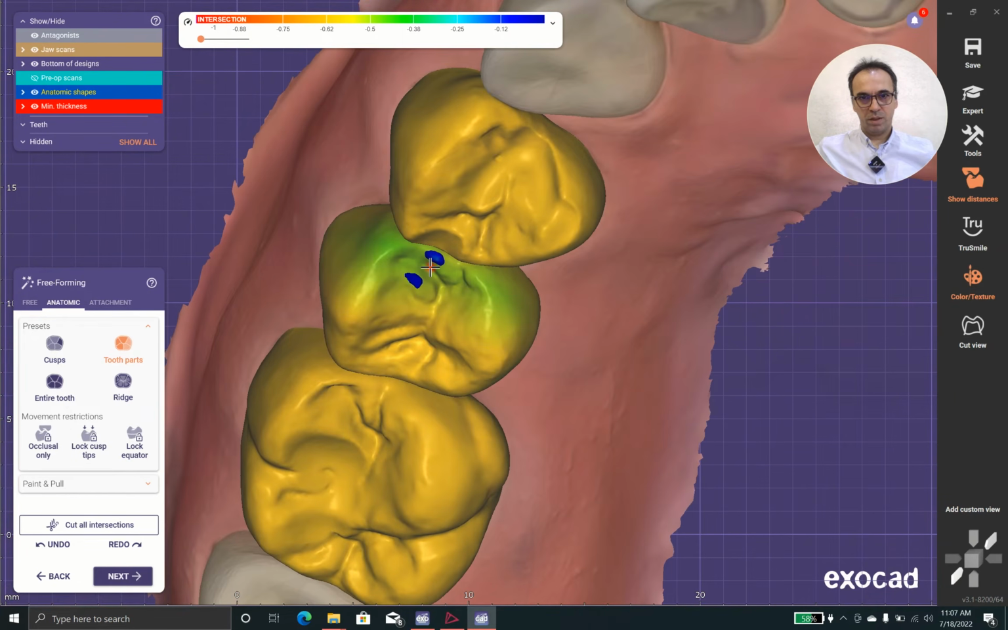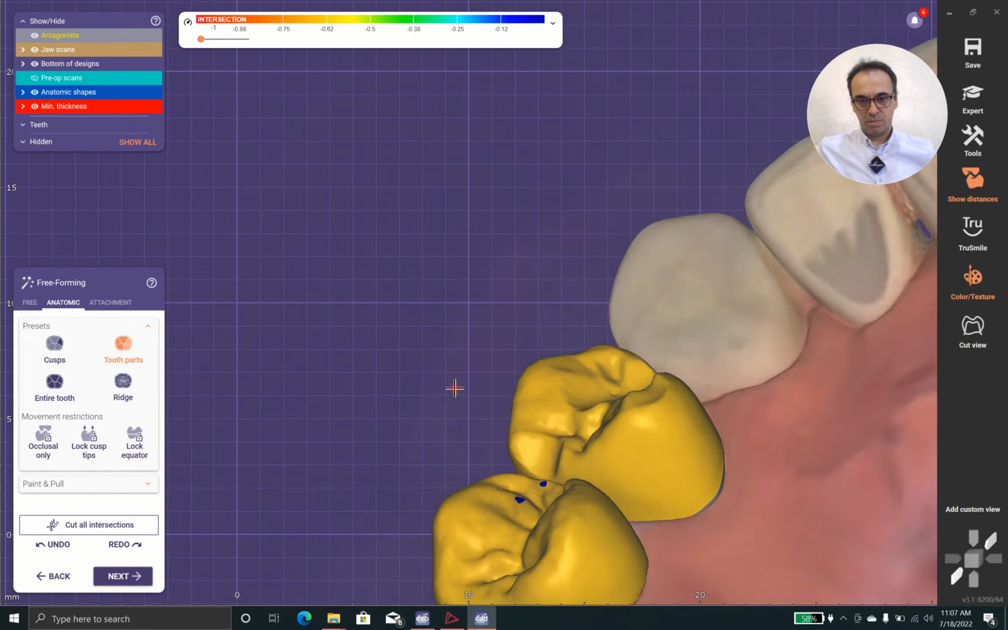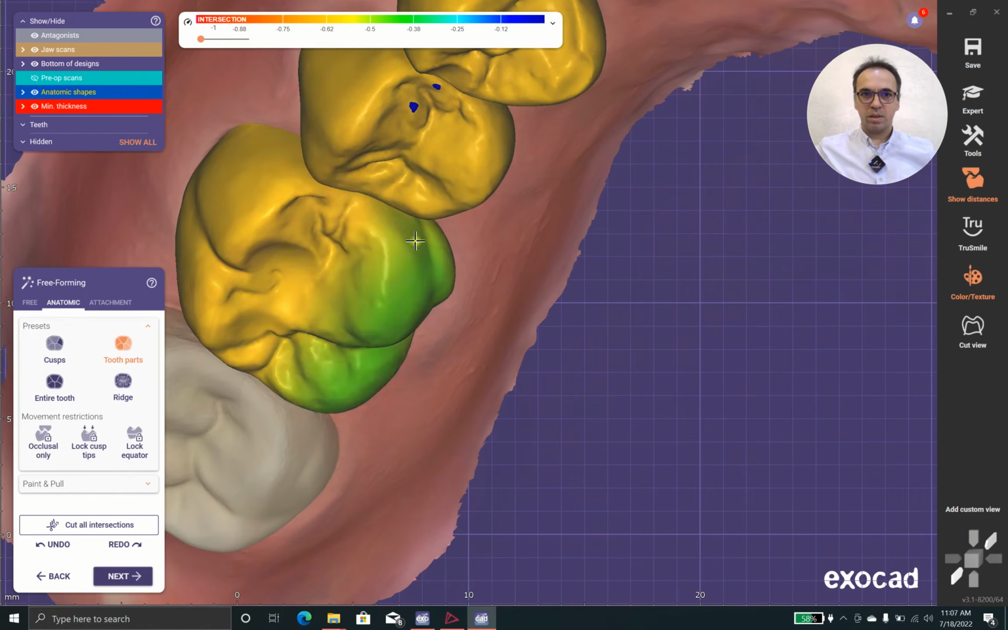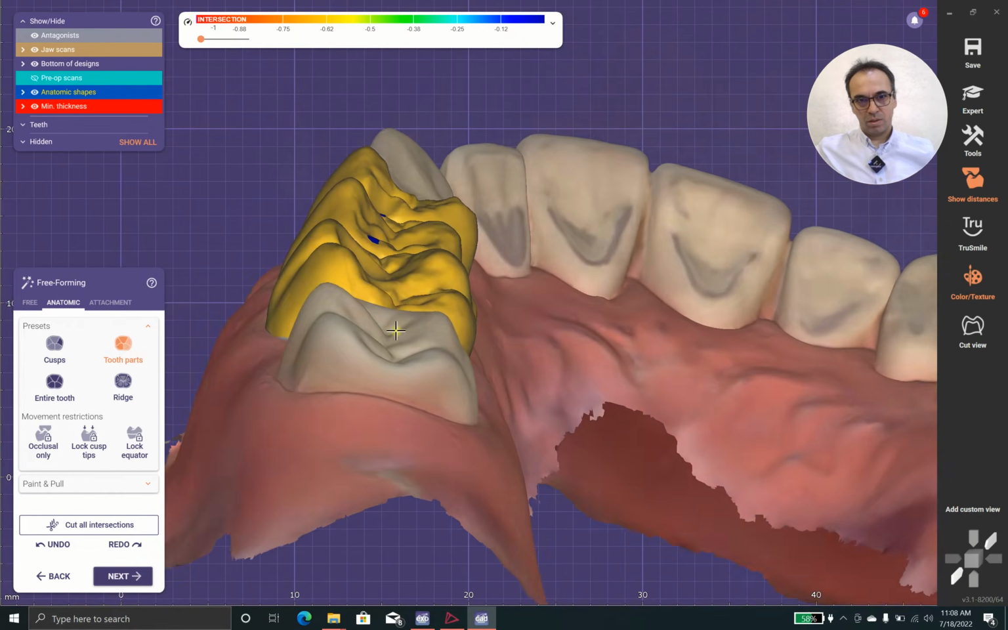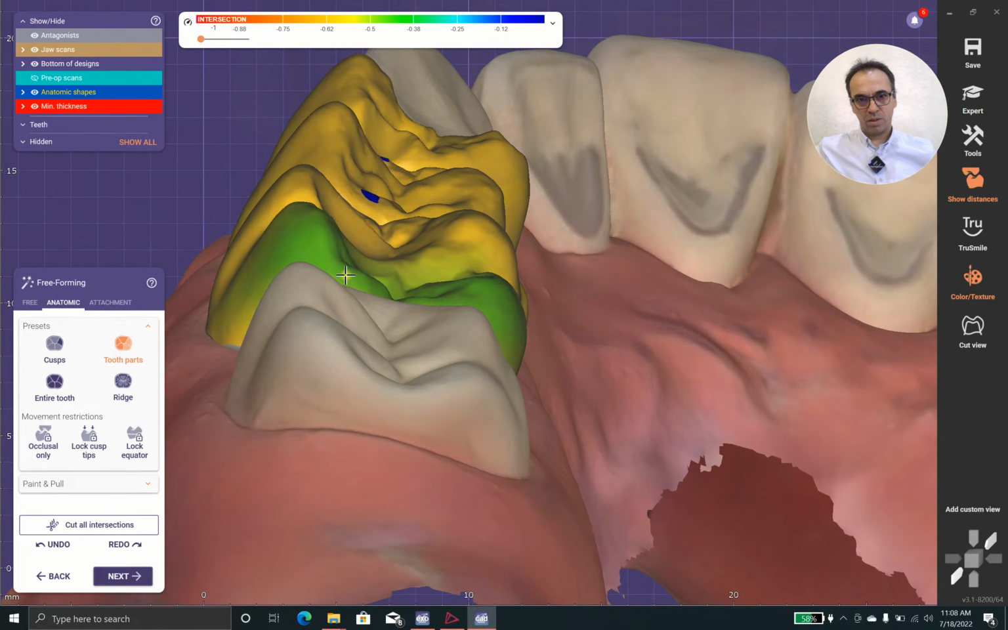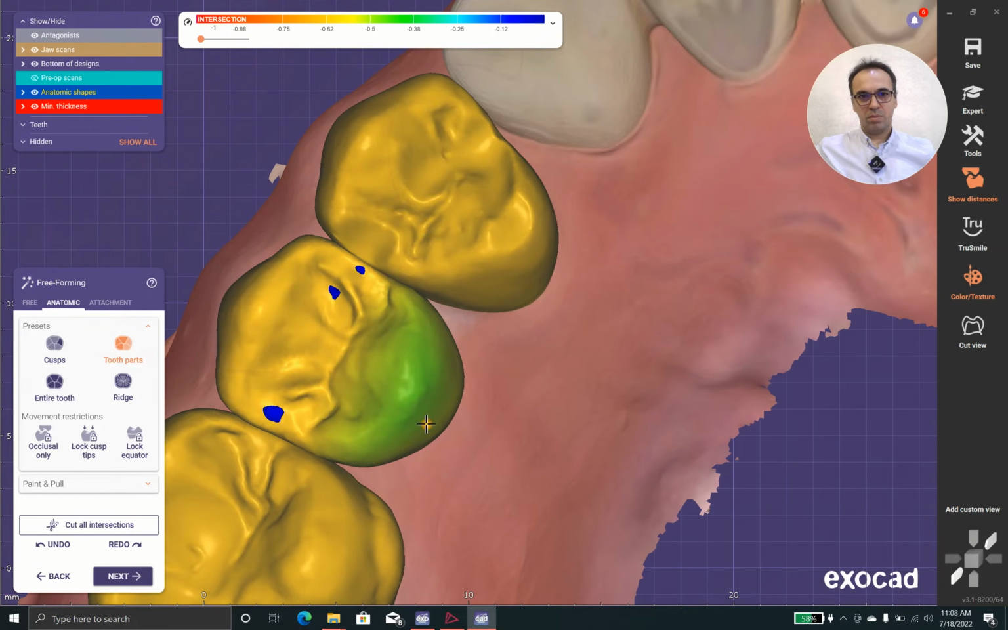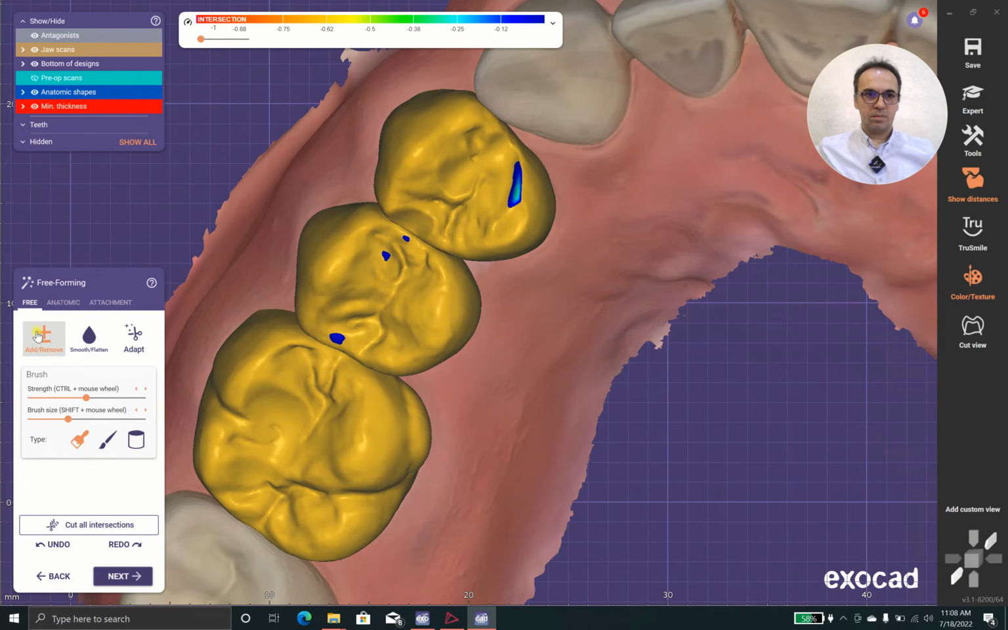Oh my gosh, we have some problem over here. And here, of course, we have the same problem again. But the most important part is with the neighboring tooth. Okay, it's better. Okay, now I hold the shift on and